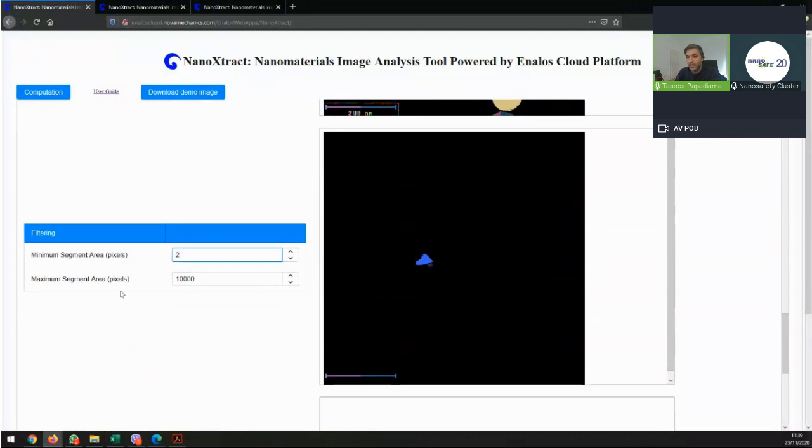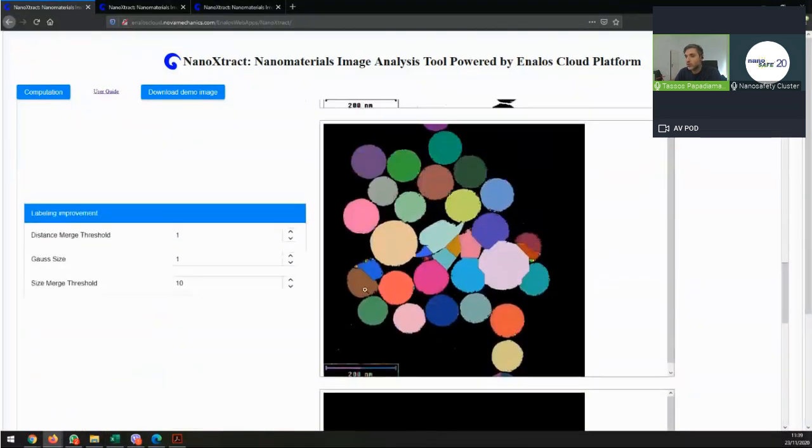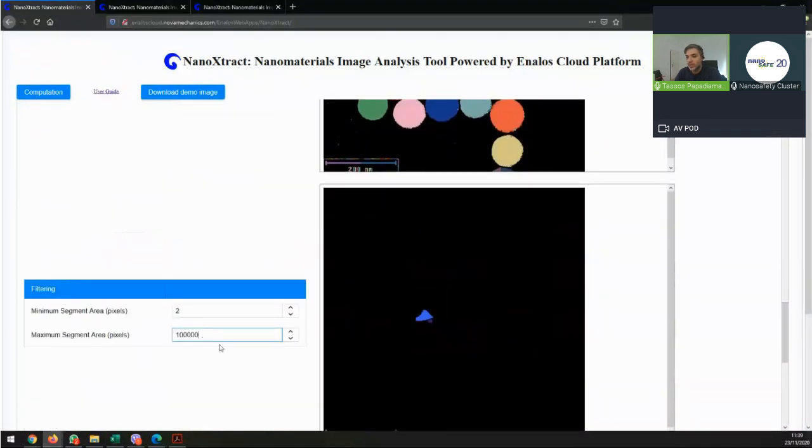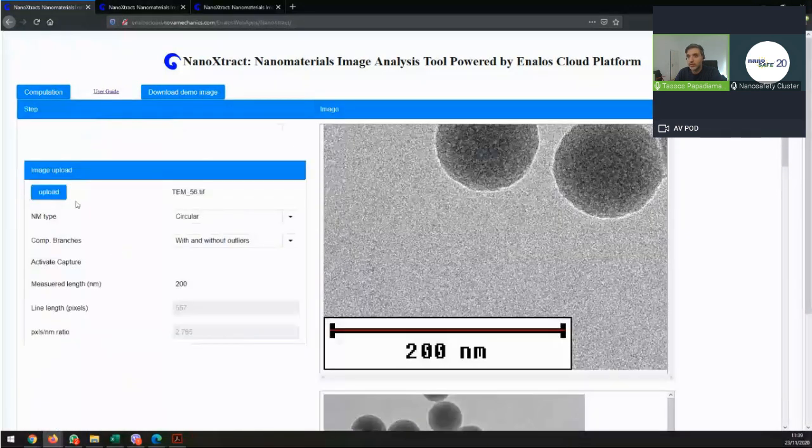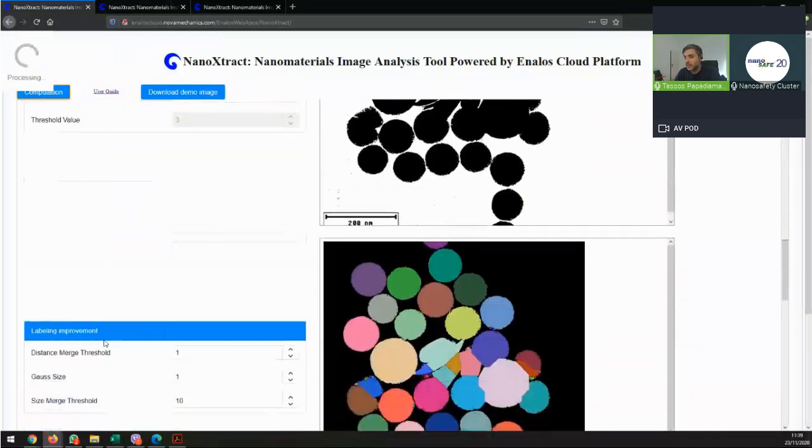So because of the size of this, I'm going to try and increase the area that it uses to calculate, to increase the area in which it finds things.